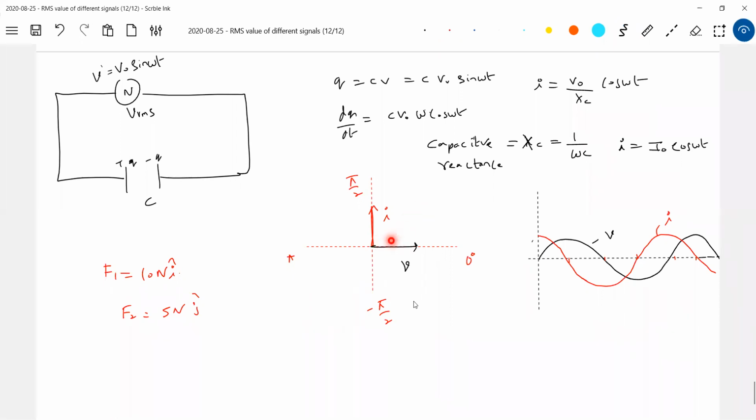Now what is the length of this vector? The length of this arrow will indicate the magnitude. And what about the phase or the direction? The direction is mentioned by this system here: 0, pi by 2, pi. So definitely I say that the current leads the voltage by how much? 90 degrees. Because cos, how do you write it? Sine omega t plus pi by 2. Am I right?